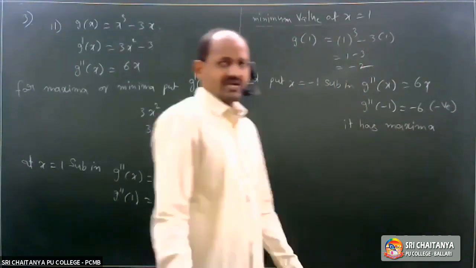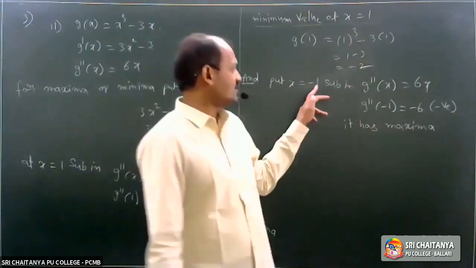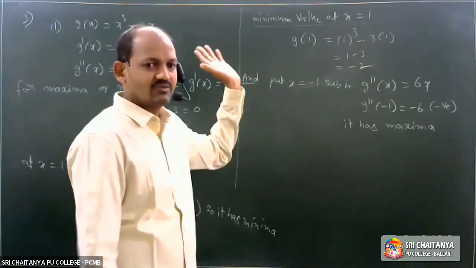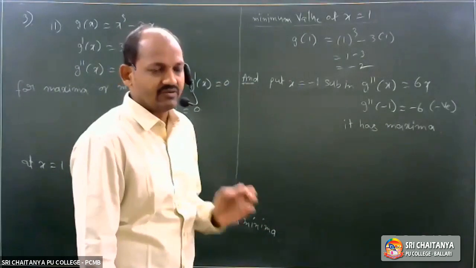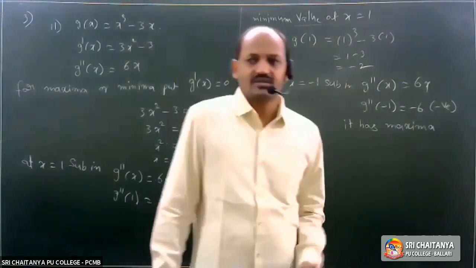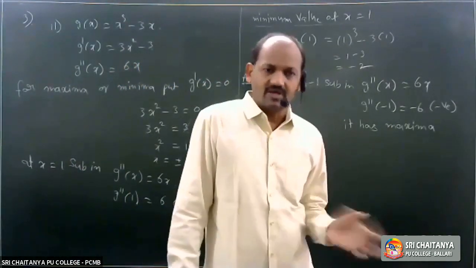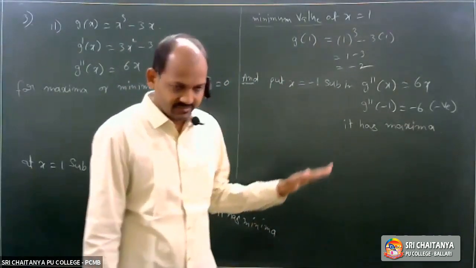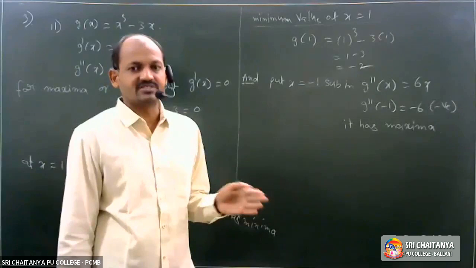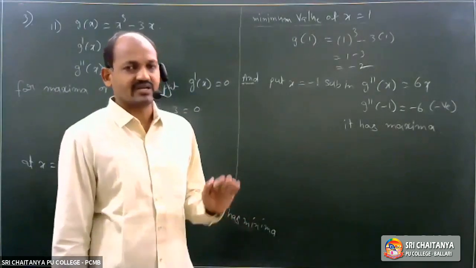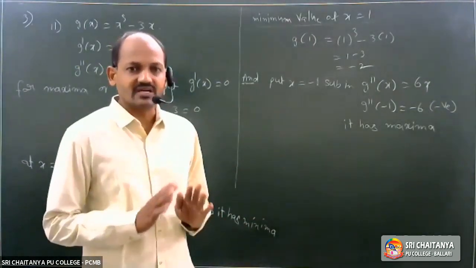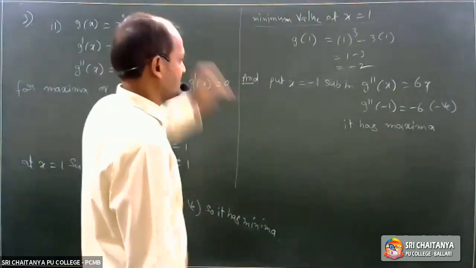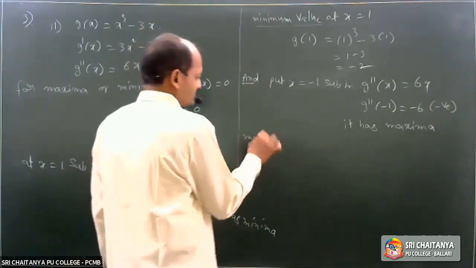Okay. How to find the maximum value? That x equal to minus 1, substitute in the given function, we get the maximum value. So the second derivative alone decides whether the function has a minimum or maximum. Second derivative negative means having maximum. Second derivative positive means having minimum. Okay, no? Second derivative is the only decider. So for the value, that x value is substituted in the given function. So the maximum value